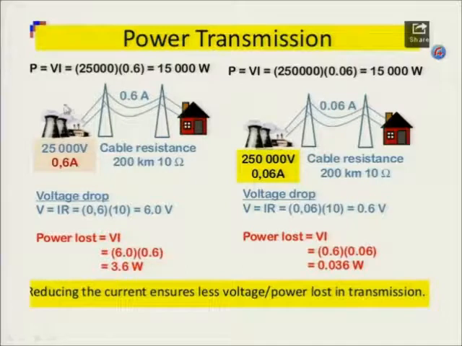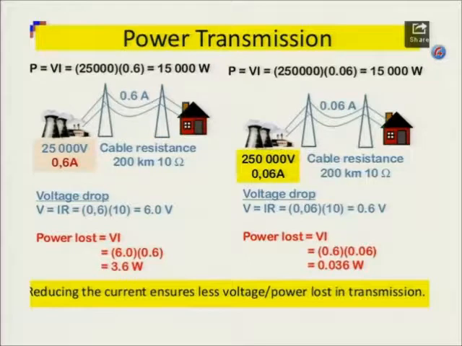Because remember, from the power plant, you have to take it sometimes 200 kilometers, sometimes further to get to your home. During that process of getting that electrical energy to your home, there is a huge loss in power, compared to when I'm using alternating current. So the first reason would be reducing the current ensures less voltage lost in transmission. So with alternating current, I can reduce my current and I will have less power loss over large